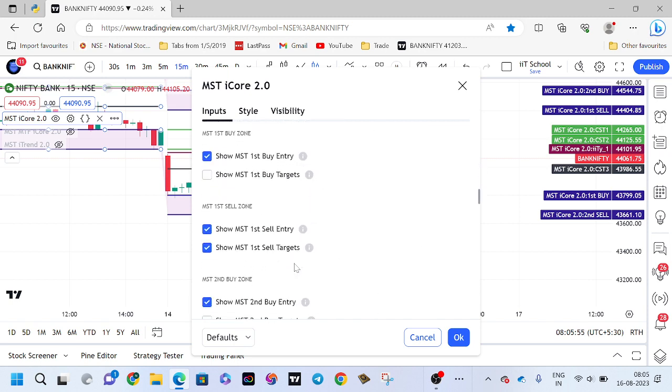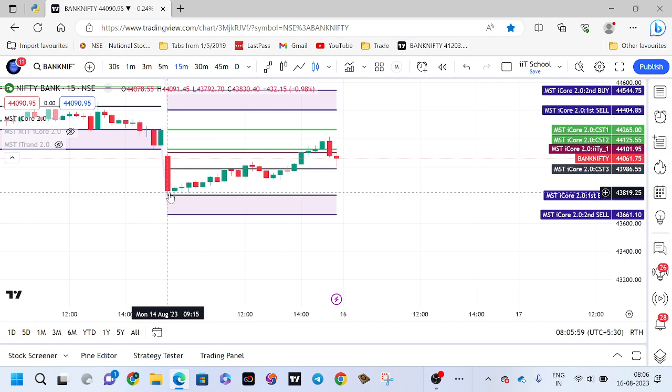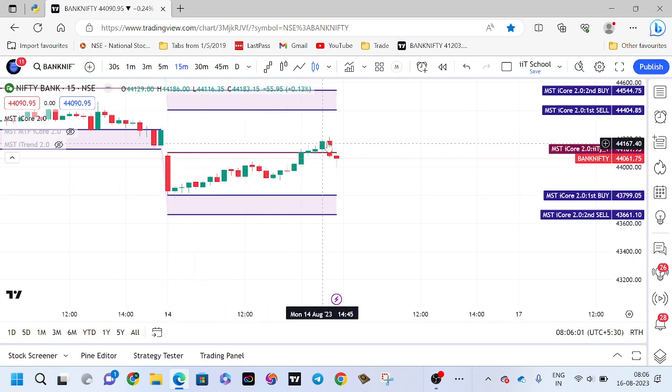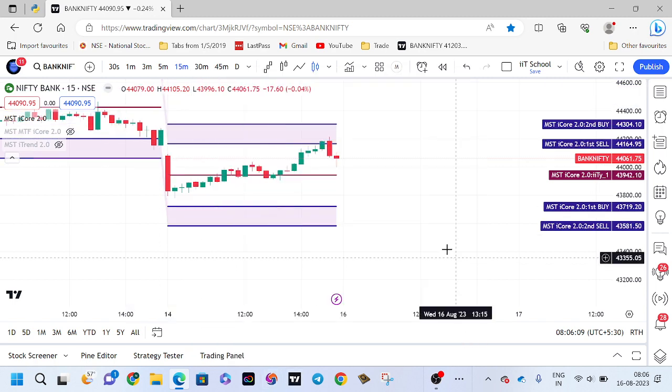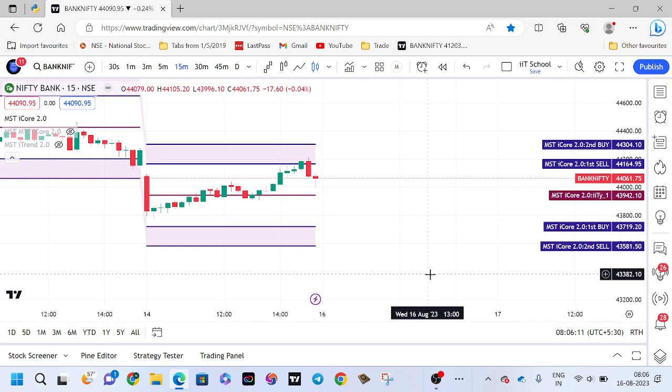I am removing the sell targets. See here, yesterday we got the buy entry here. So perfectly all the targets have been hit. If you are keeping in default settings, buy not activated, sell only got activated, and we are in a profit. So anyway, whichever algorithm you are using, you will get a profit, whether small profit or big profit. So profit is the profit. So this is how it will be happening.